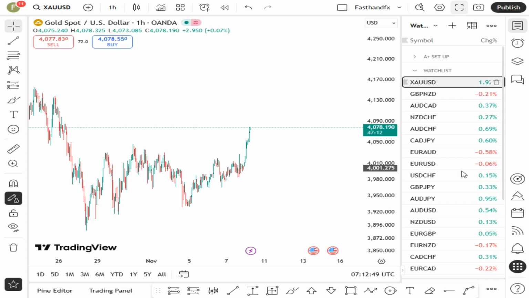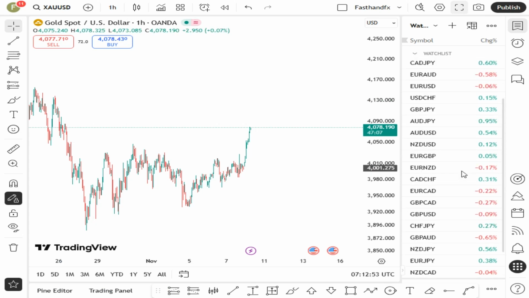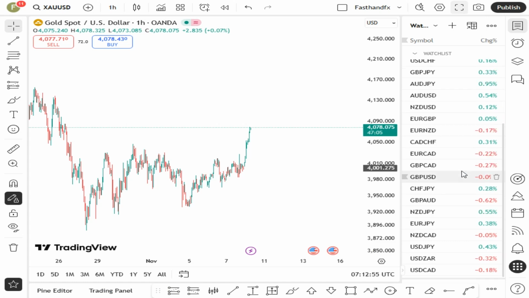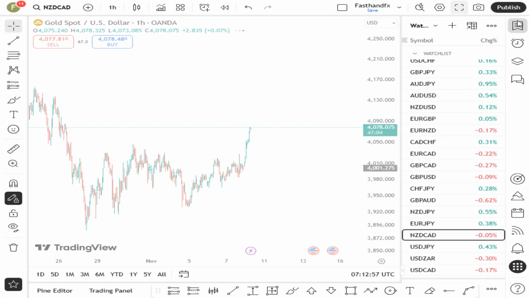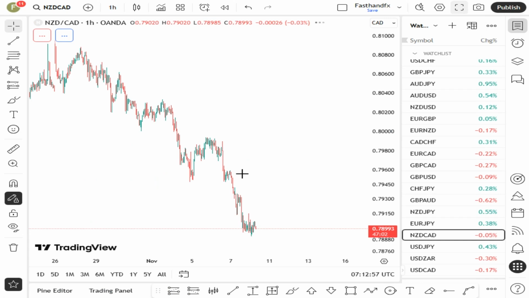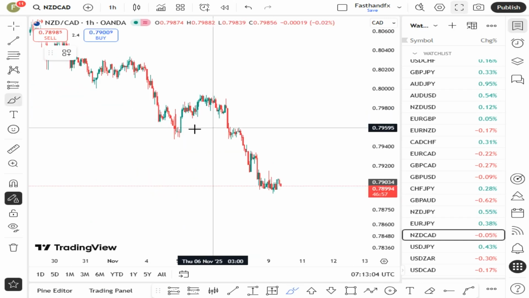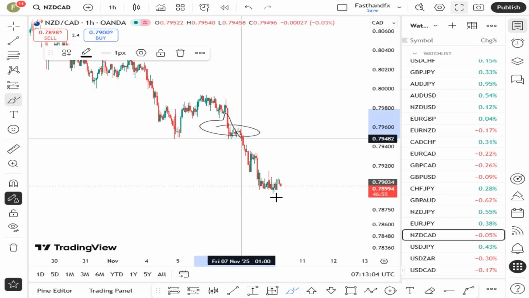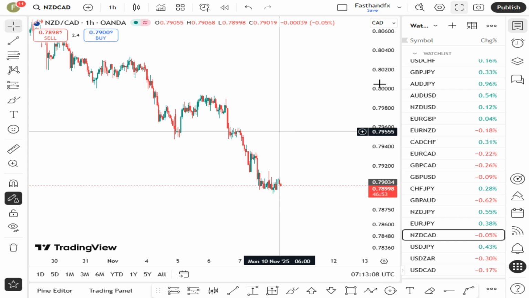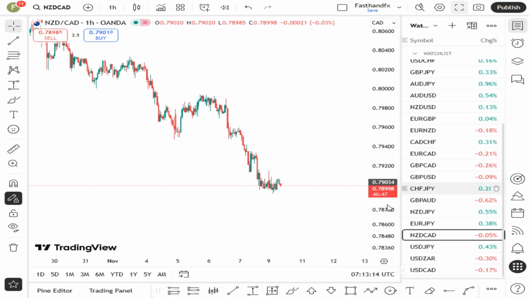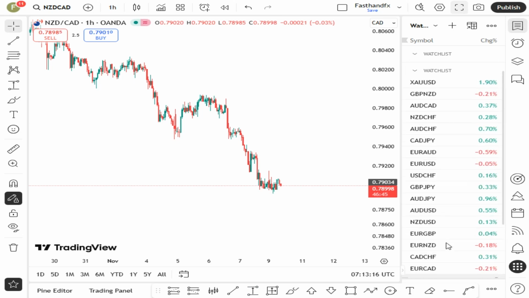So yeah, that was NZD CAD, I believe. And I think I'll talk about that trade when she's done. I'll talk about what I saw, why I called in my sell position. So probably we got in around this level, and right now we are floating, I think, over 1:2, which is a very good thing. We're floating over 600 something points, right? So that is how I do it. I don't trade every day.